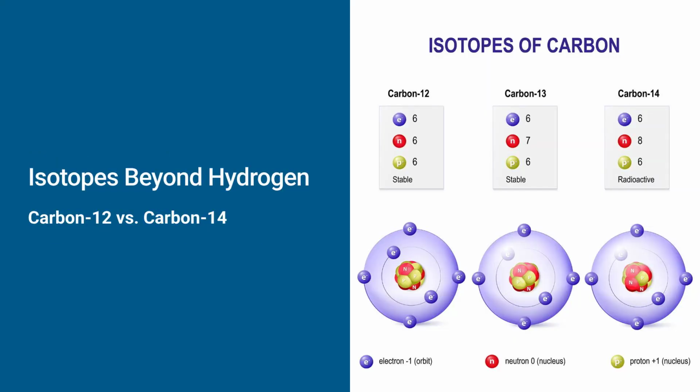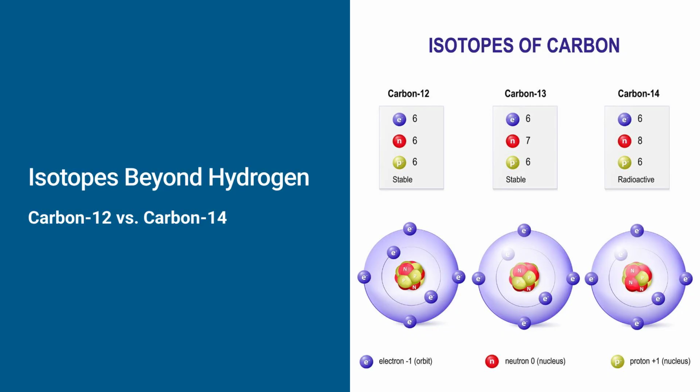Let's look at another example from the periodic table. Carbon. Carbon-12, the most common isotope, has 6 protons and 6 neutrons, giving it a mass number of 12. However, carbon-14, a radioactive isotope used in carbon dating, also has 6 protons but has 8 neutrons, resulting in a mass number of 14. Both are carbon because they both have 6 protons, but their mass numbers differ due to